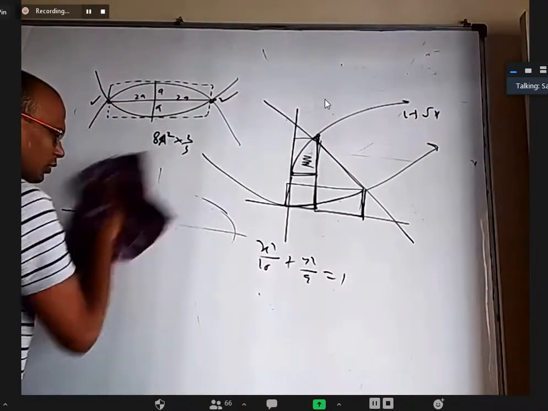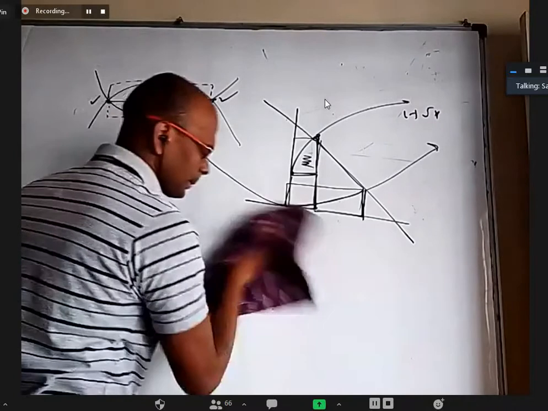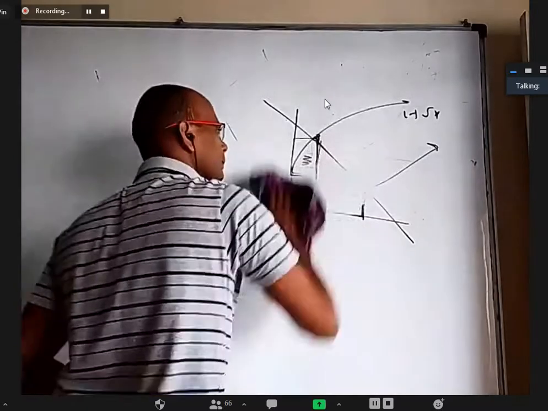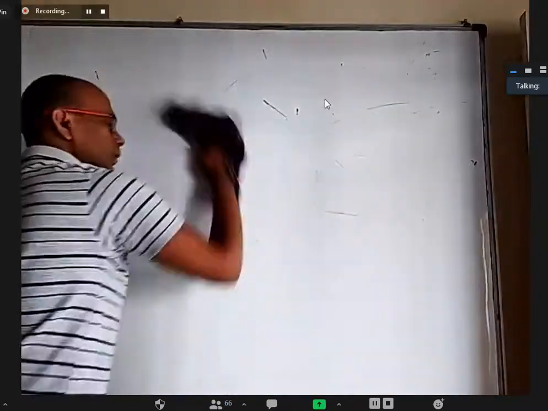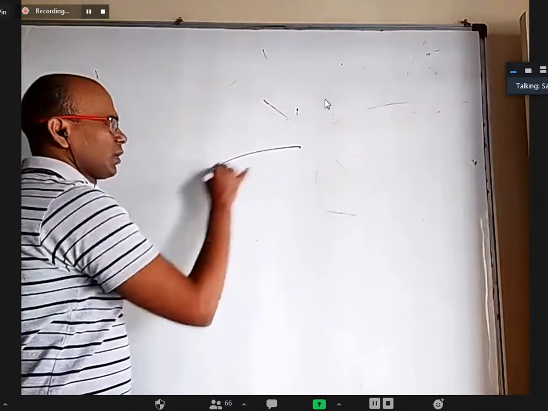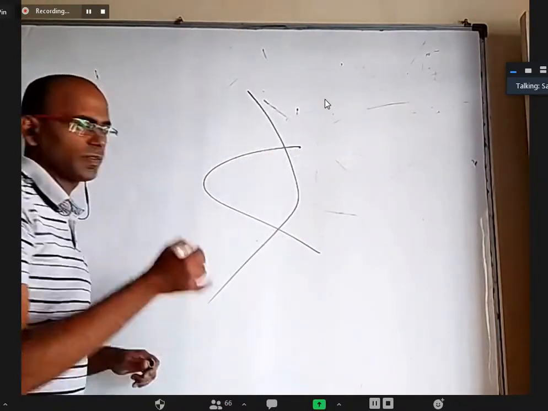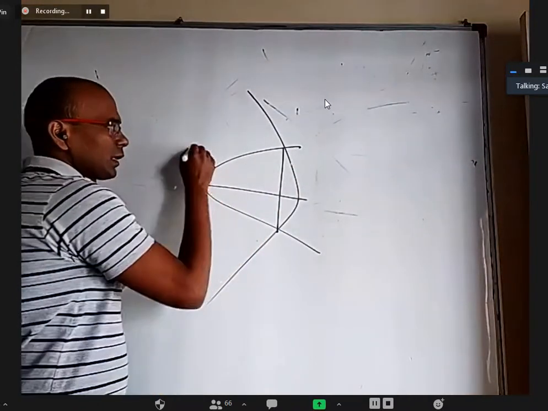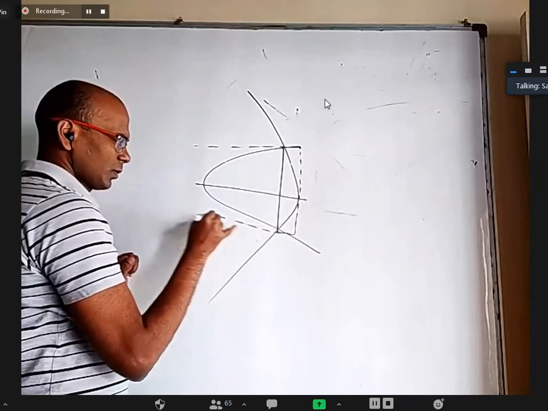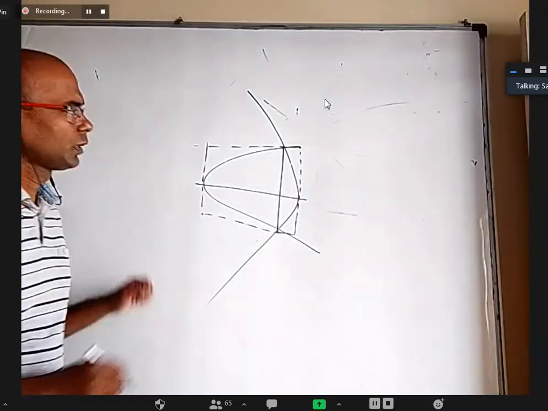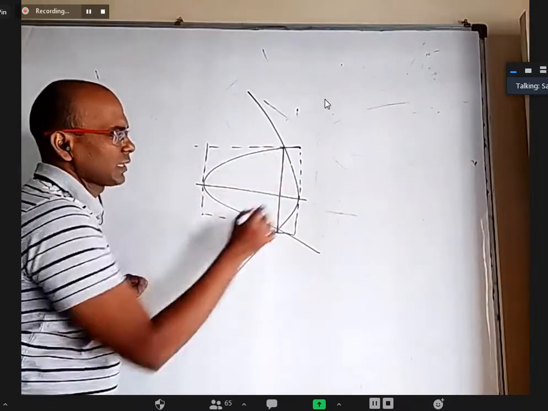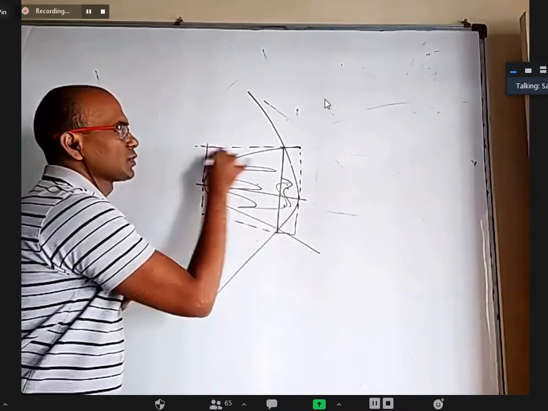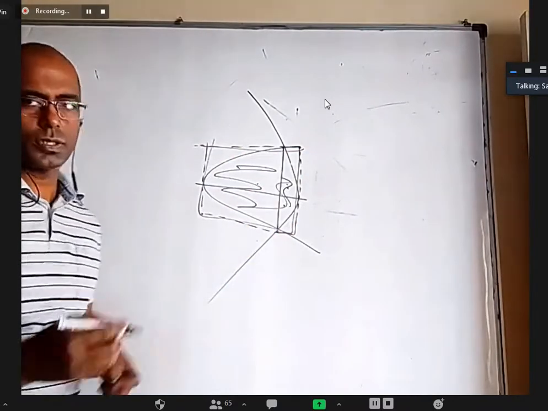Not that all questions we can do it where our parabola is involved. I'm sure you might have done some questions where one parabola is like this and another parabola is like this. Find the area. There also you can draw the rectangle. Construct a rectangle here like this. This area is 2/3 of this rectangle and this area is 2/3 of that rectangle. So that this total area is 2/3 of this total rectangle. You can do that.